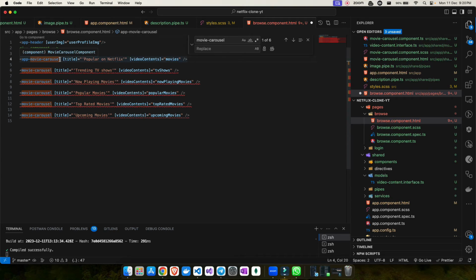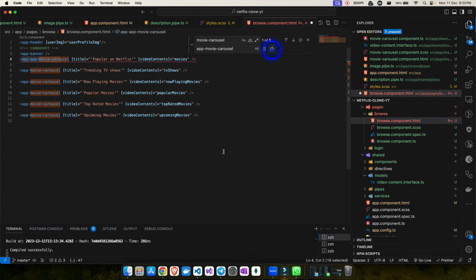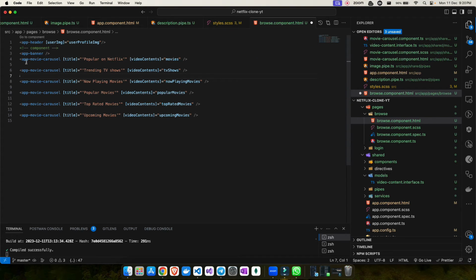So I'll change all of them, because I have copied my code snippet, so that's why. Let me replace all of them with app, and yeah, that's it. So now if you see, this is the selector I'm using. In the selector I have this app movie carousel. I need to provide a title, Popular on Netflix, that's why I have it, and I added the movie video